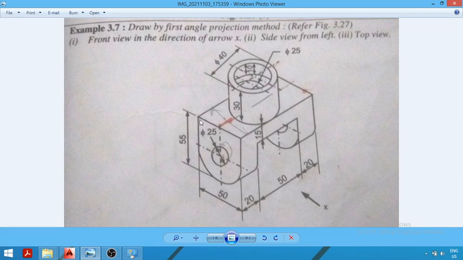Now you can see in this lower part, the total height of this lower part is 55 mm, whereas the width is 50 mm. The diameter of this circular hole is 25 mm. Now for this surface, the lower part is semicircular in shape, that is the part from this center to this end is semicircular, whereas the upper part is rectangular in shape. So in the first step we will construct this surface.